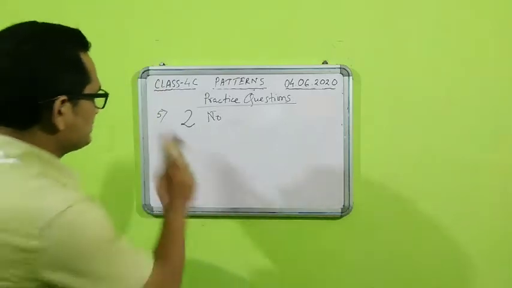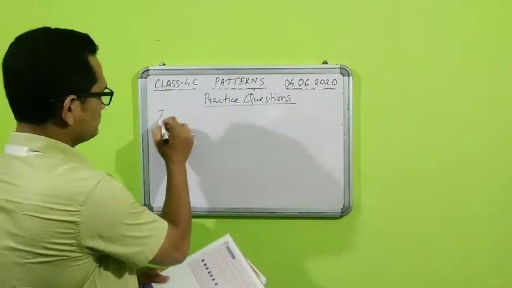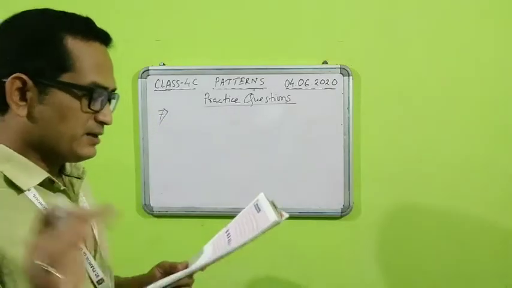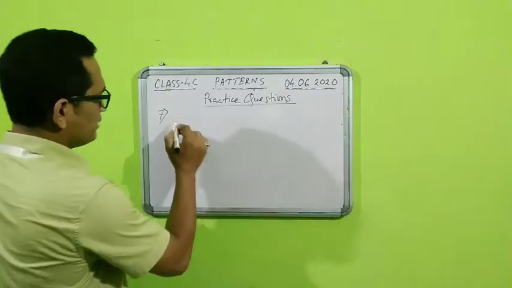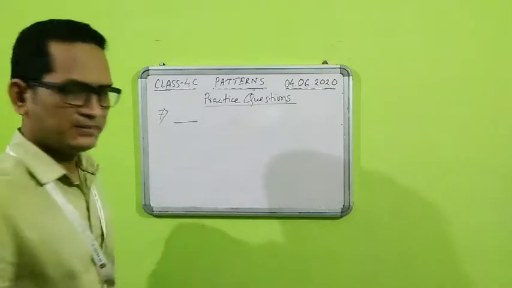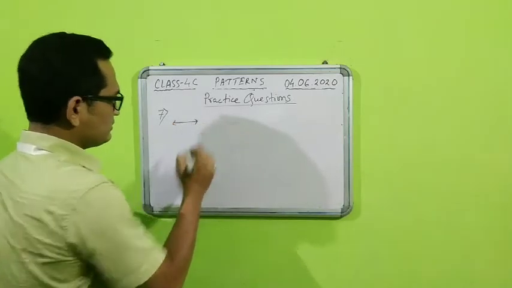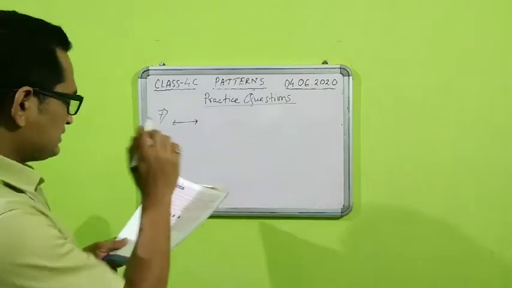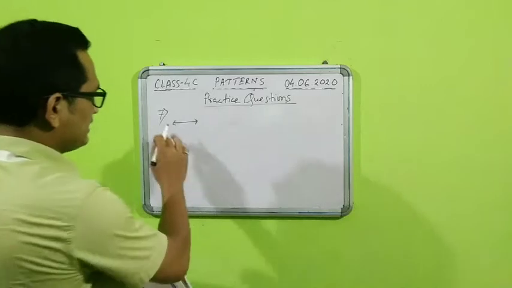Let us go for next, number 7. That is question number 7. Create a pattern using 2 different types of line. So students, what we can do, we can draw a line, which is actually a line segment, but we will call it a line as of now. Say, this is a line. So this line is horizontal. They are saying 2 different types of lines. So this line is horizontal.